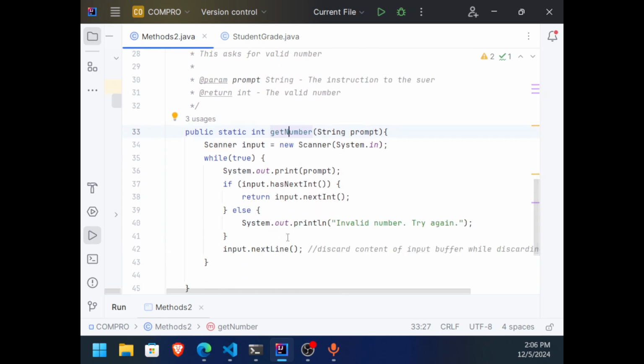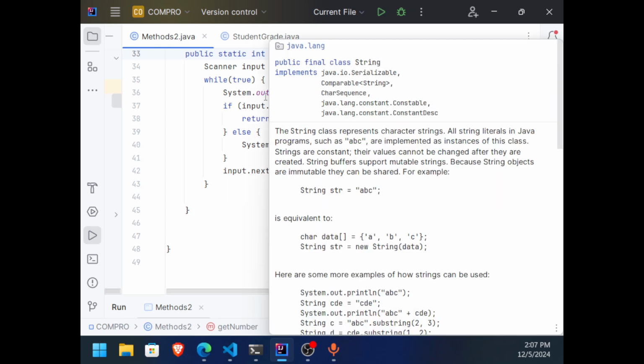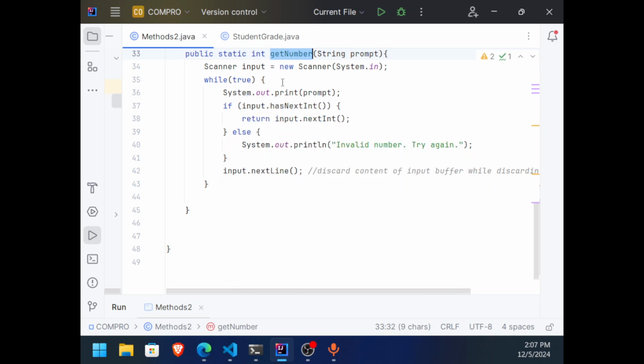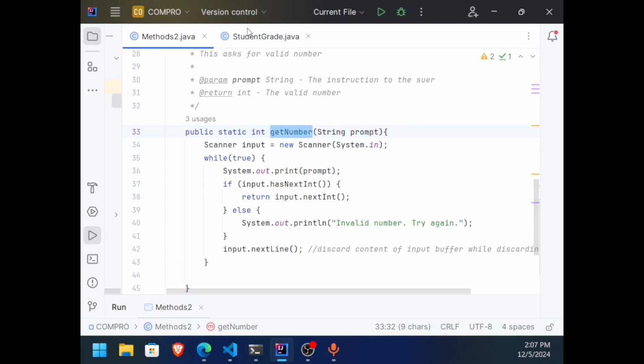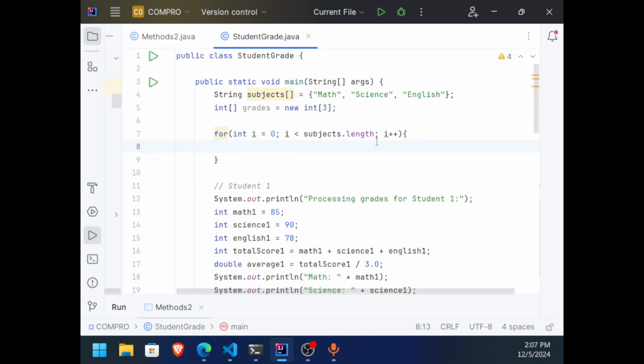But by the way, what if the grade has decimal points, right? So basically, we can create another method of this same name, but with a different return type. We're just going to discuss that later on, but this time I'm just going to be content with getting whole number grades. So the first thing that I'm going to do is the prompting, something like this.